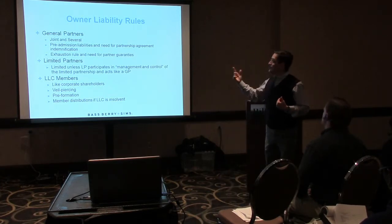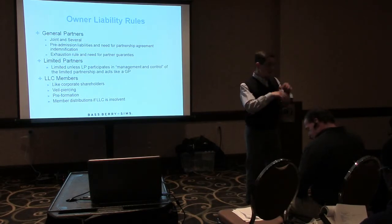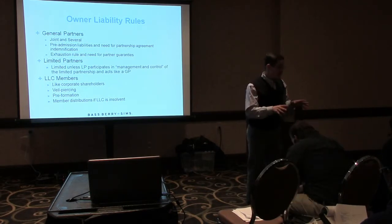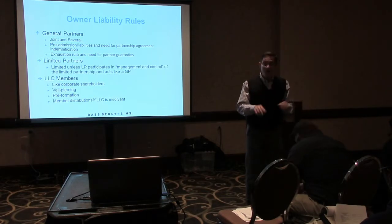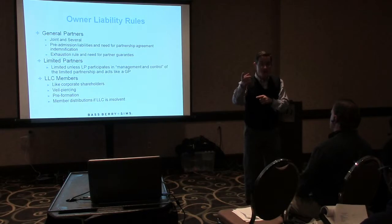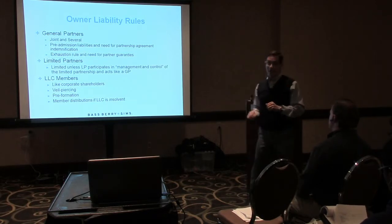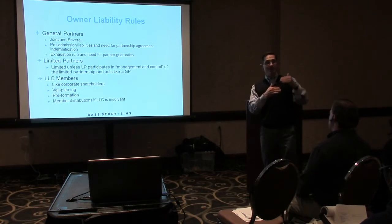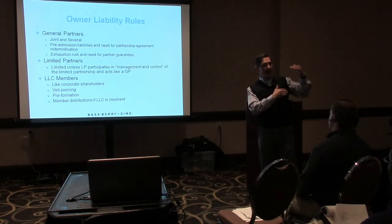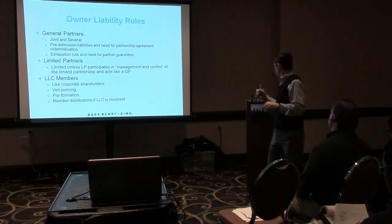So the idea with a limited partnership is if you're just passive, if you're just putting in money, if you're just an investor, if you're just getting a check, and if you're not trying to run the show, if you're not causing third parties to think that you're actually a general partner of this thing, then your limited liability protection is going to be respected. All right? But there's a list of things that you can do without subjecting yourself to personal liability. But if you step over the line on one of those, you can end up getting sued personally,